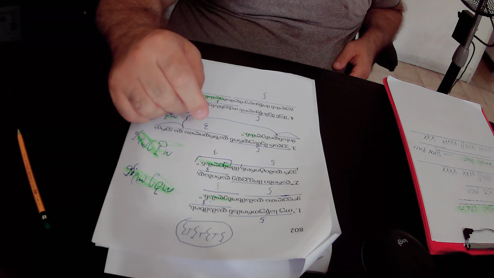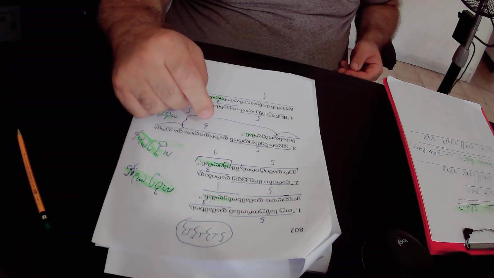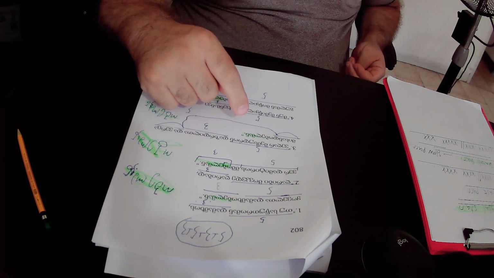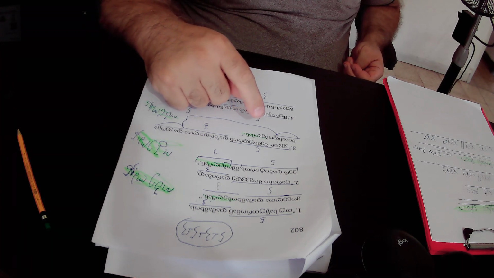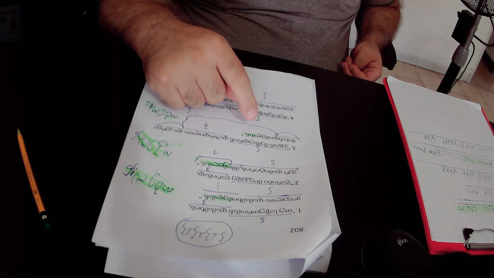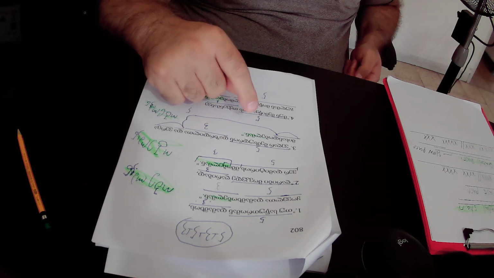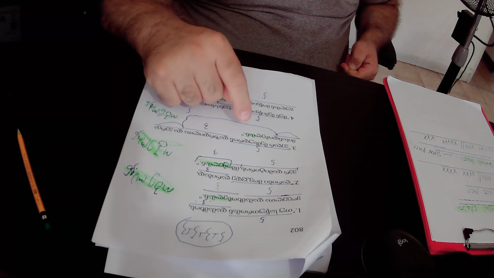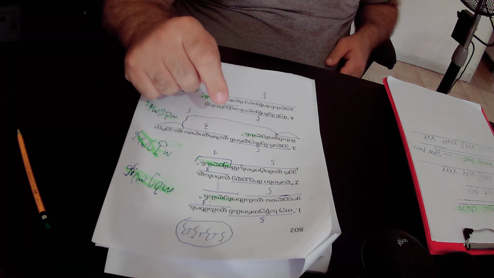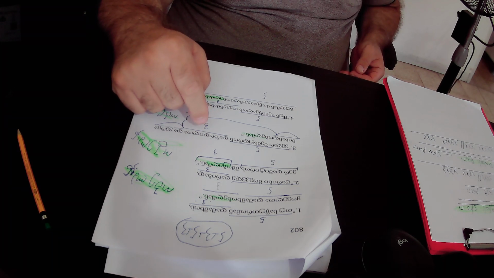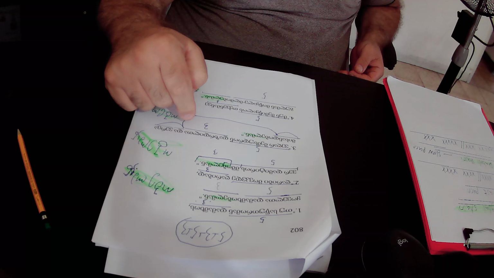Then we have, in line number 3, the first 2 words are Veral Shem Sudron. Veral consists of 2 syllables. Then the second word of line number 3 is Shem Sudron. It consists of 3 syllables. In total, Veral Shem Sudron consists of 5 syllables. Then we have Daz Dilta. It consists of 3 syllables.